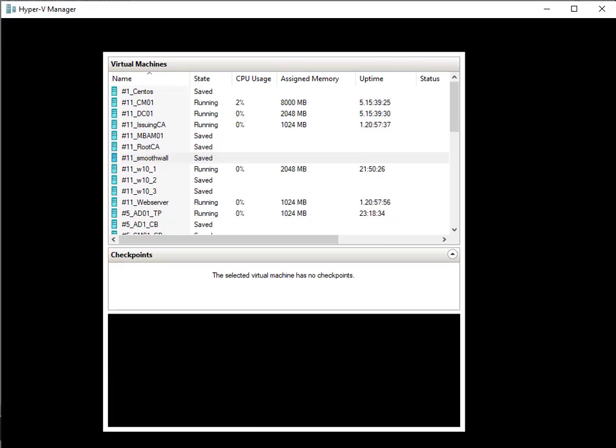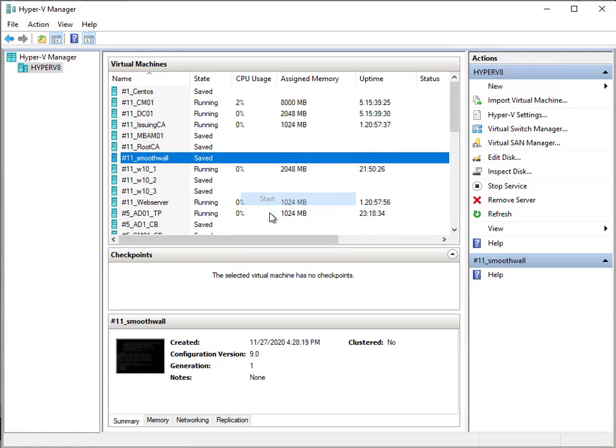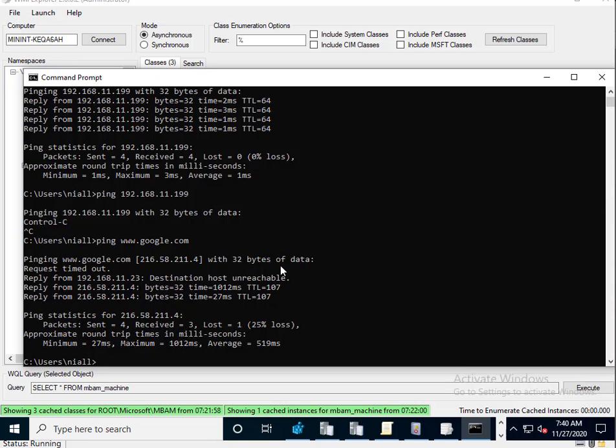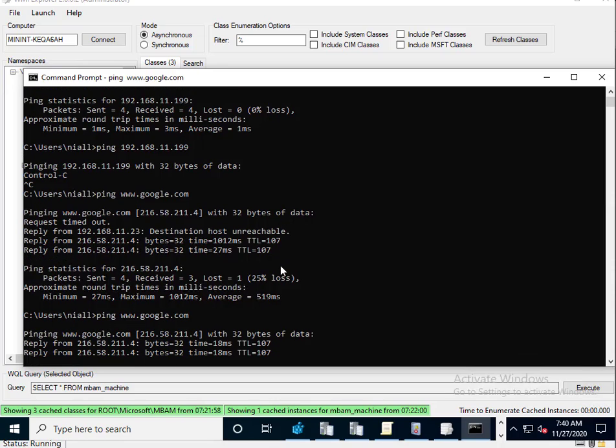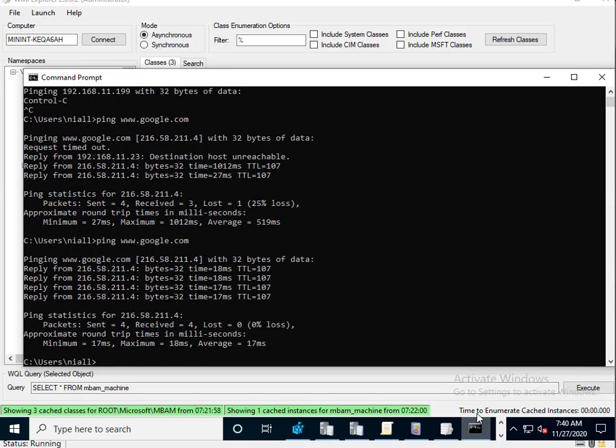So let's power back on our SmoothWall. And now we have internet into our lab, as you can see. Fantastic. But we can take it one step further. We can now do things like configure